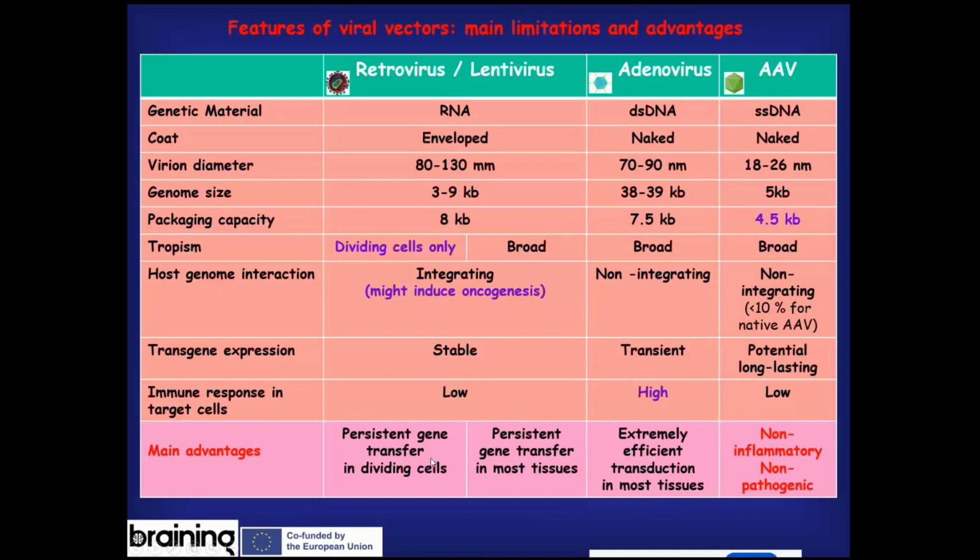So this is just a table that you will find in the presentation, which I'm going to give to you, and it can recapitulate what I'm saying. What I want you to focus on is the main advantages of the three different types of viral vector. With retroviruses, since they integrate, you can have oncogenesis, but often the good thing is that you have a persistent